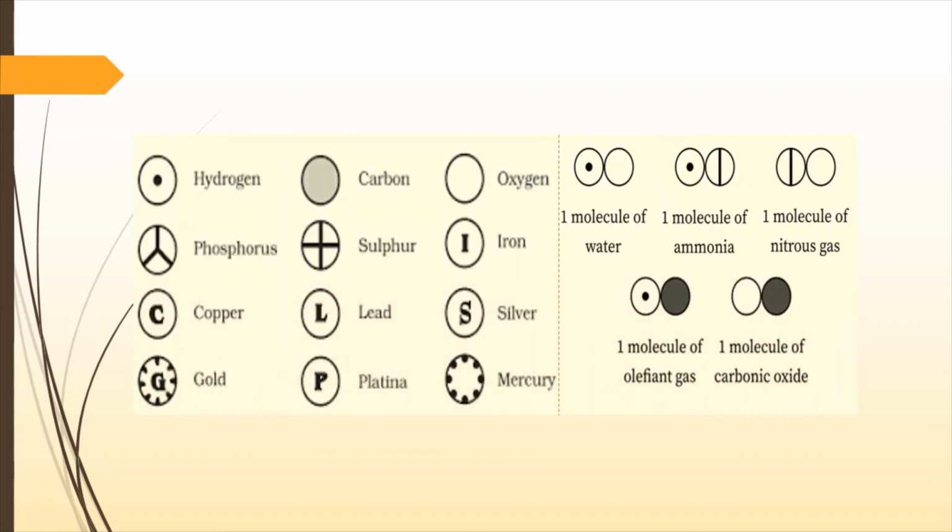So these are the elements and compounds which were identified by Dalton. These symbols for hydrogen, carbon, etc. were assigned by him. He also tried to give the formulas of the compounds, but as you can see, these formulas are wrong. For example, for water, he gave the formula as one atom of hydrogen and one atom of oxygen. For ammonia also, he gave the formula as one atom of hydrogen and one atom of nitrogen. So although he was able to guess what the compounds are, he was still not able to give the correct formulas.